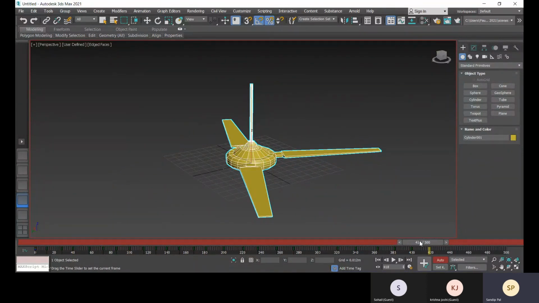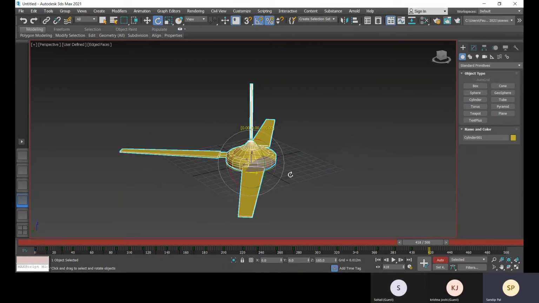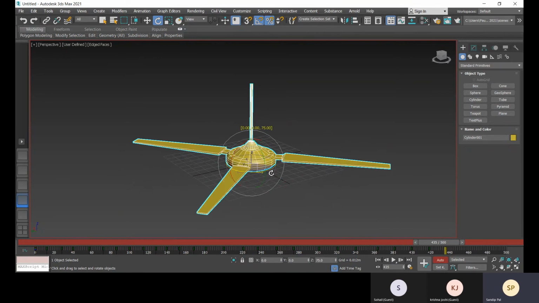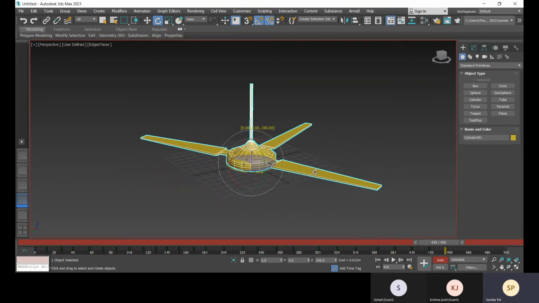So then only you will get the perfect rotation speed simultaneously increasing. So here, we are only focusing on creating the animation.